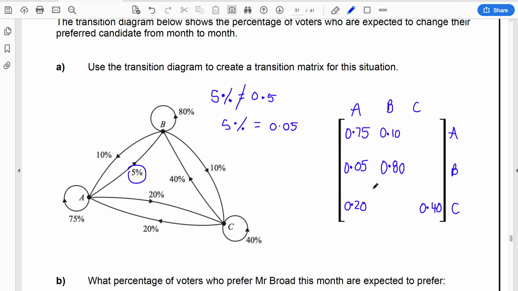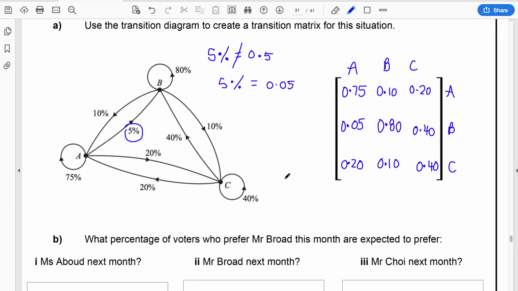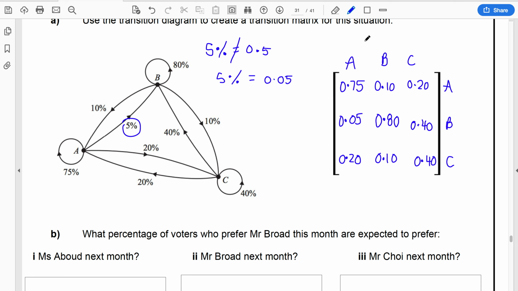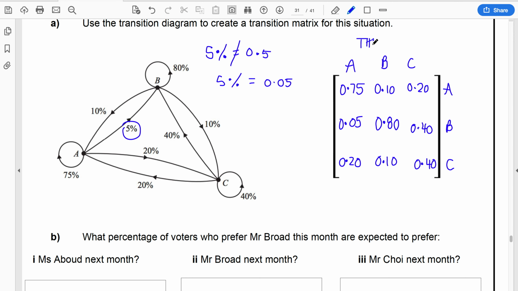So what you should get looks like this. And then we can check that it adds up to 1. It does. Each column adds up to 1. Okay, so just in terms of interpreting it, if we have a look at the next question, what percentage of voters who prefer Mr. Broad this month, so this month is along here,